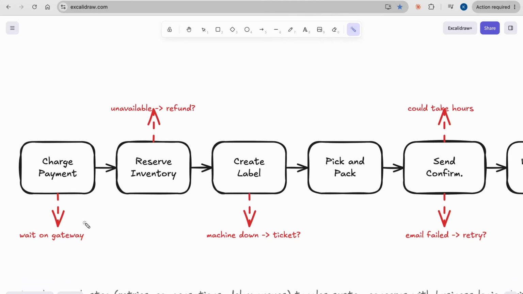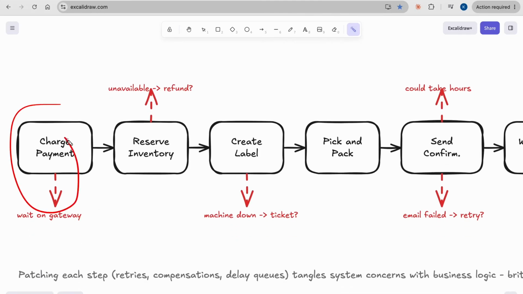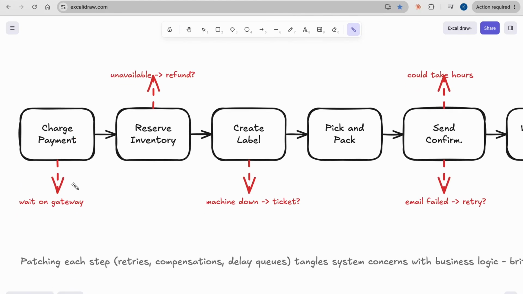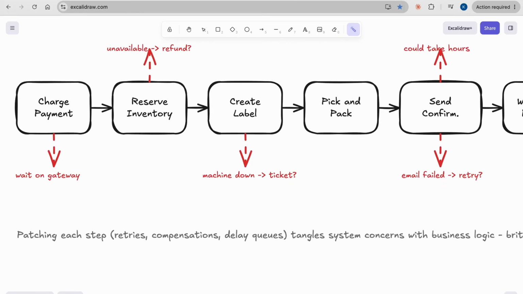In some systems, for example charge payment, we mostly call out to external systems like Stripe or other gateways, and wait for them to complete. During these orchestrations, our server might crash or anything might happen. So how do we handle this messy complexity of all the business needs that come up in whichever domain we are trying to handle?